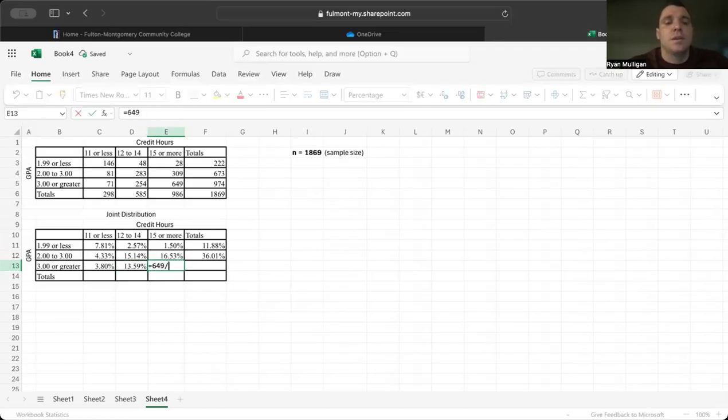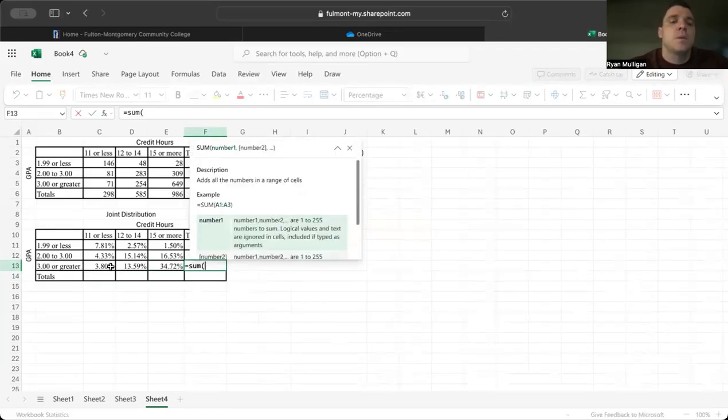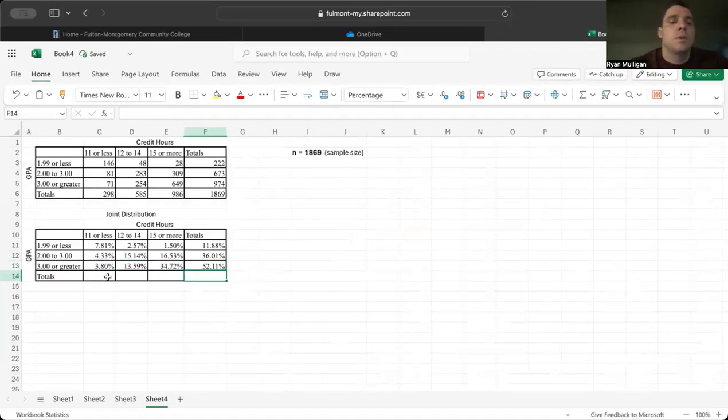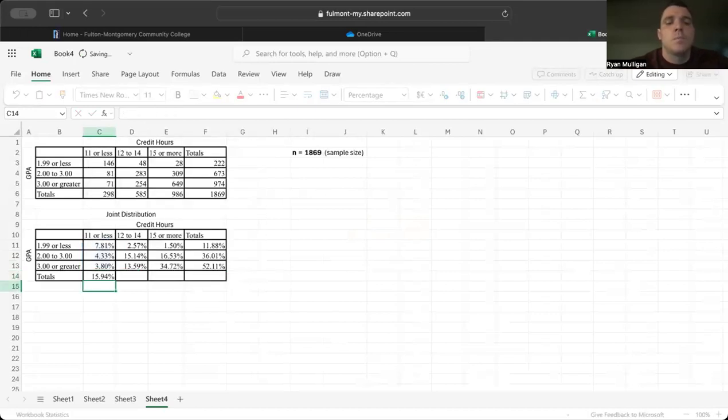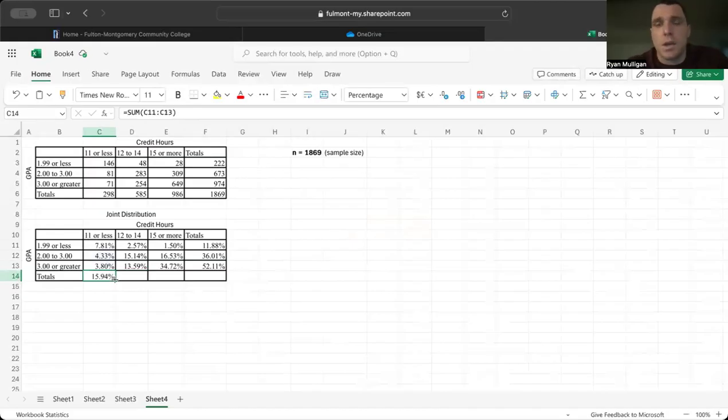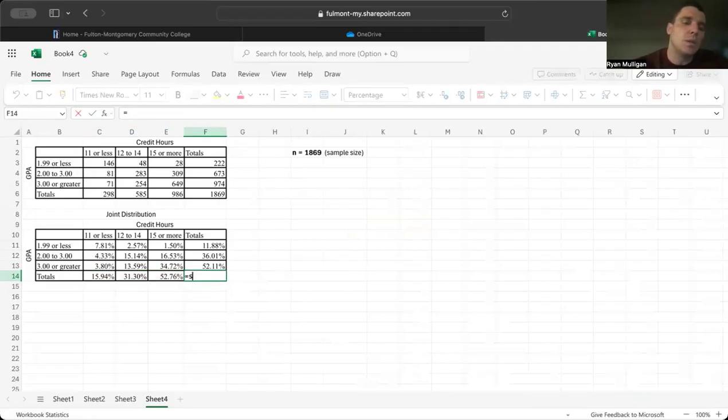All right, 649 divided by 1869. I'll do a sum across that row. And then I'm going to sum the column, because that will just be pretty much that. Now, if you haven't figured it out yet, if I go to the bottom right-hand corner, there's a little green box. It doesn't pop up right away. If I just drag and click, it will automatically add those sums as well. Okay, and then if I do the sum,